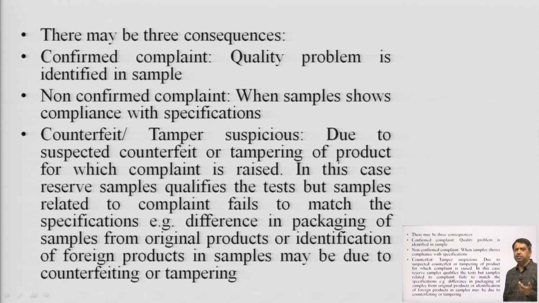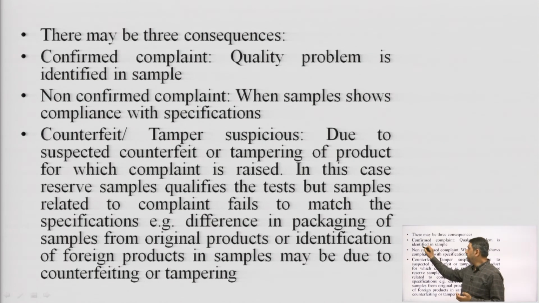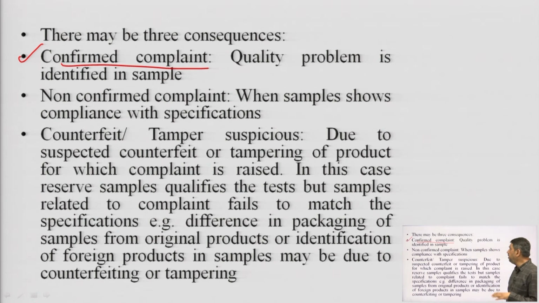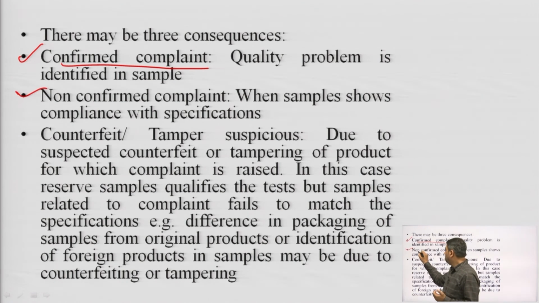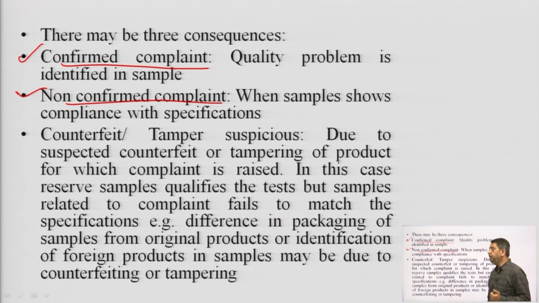Now, there may be three outcomes after investigation. The first thing is the confirmed complaint, that is, the quality problem is identified inside the sample. That is the first thing. The other thing is the non-confirmed complaint, when the sample shows compliance with the specification, the complaint is not correct enough, it is not on genuine grounds,